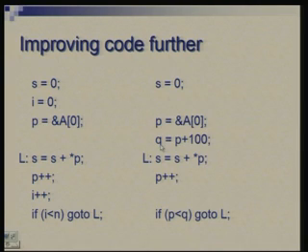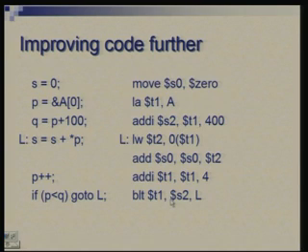We say that q is p plus 100, okay. And instead of comparing I with n, we can compare p with q. So, I plus plus is also removed and this comparison changes. Once again we have introduced a statement here, but we have removed there. So, there is not much of a difference and the loop is even shorter. So, we go back to assembly and see how this is done.